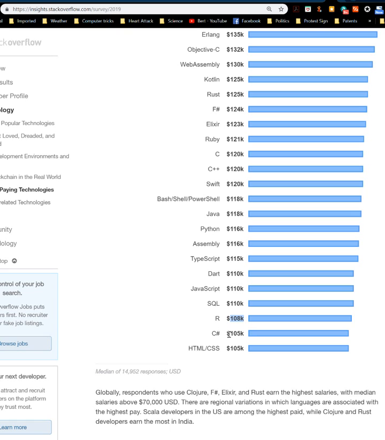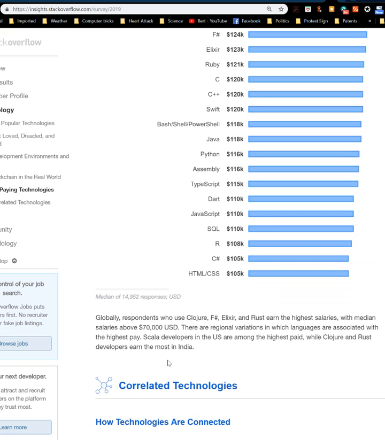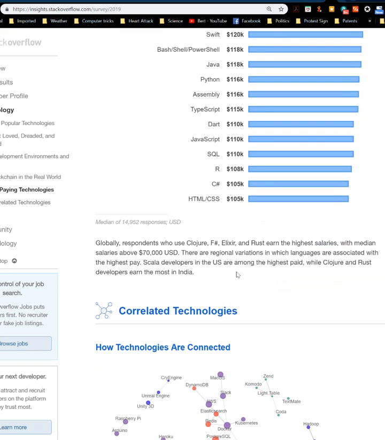C#, again, a lot of people know it. It is on Windows, still going to be a very popular language, I guess. I'm glad to see it's that popular because that means people are still developing desktop apps, so that's cool. But you can use it for more than just desktop apps, though. But still, that's why you'd be using C# for the most part. HTML and CSS, one of the most widely known, so one of the least well-paying. Although I'm surprised these salaries overall are this high. I would expect them to be like half this, even just for the U.S. alone, which is what we're looking at.